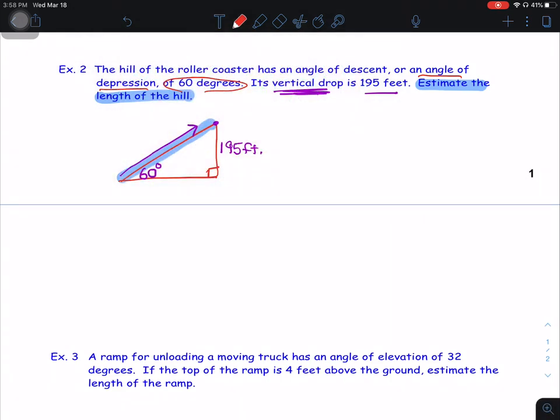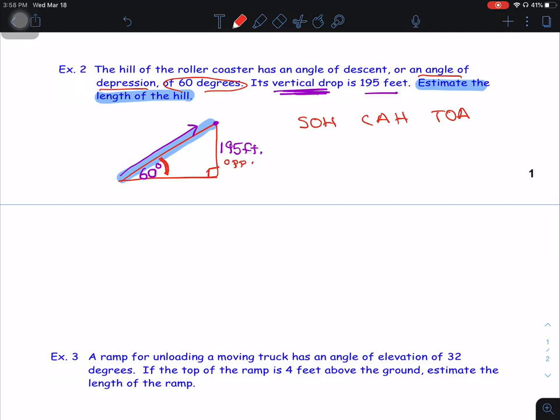So we just need to think through which trig function is going to be the most appropriate for this. Our options are sine, cosine, or tangent. We are not using the three reciprocal trig functions, cosecant, secant, or cotangent, because those buttons do not exist on the calculator. So if we look at this 60-degree angle here, we can see the 195 is clearly the opposite